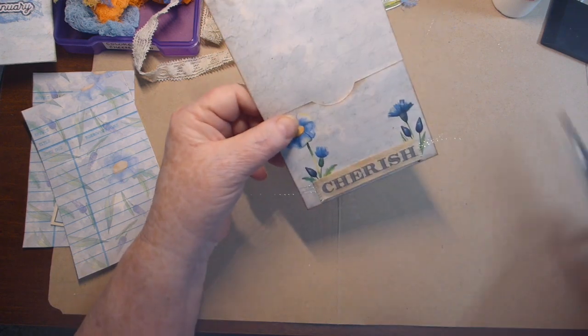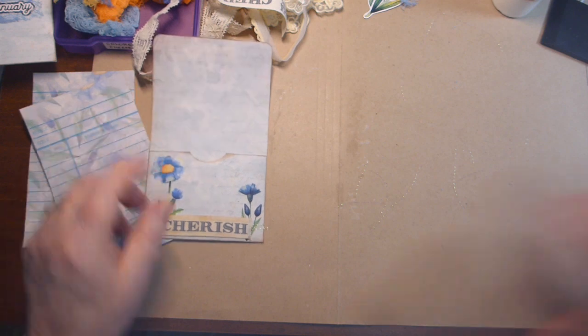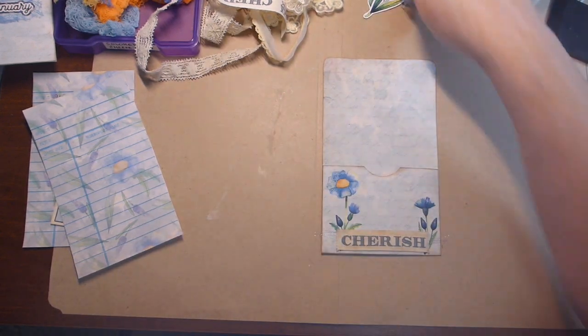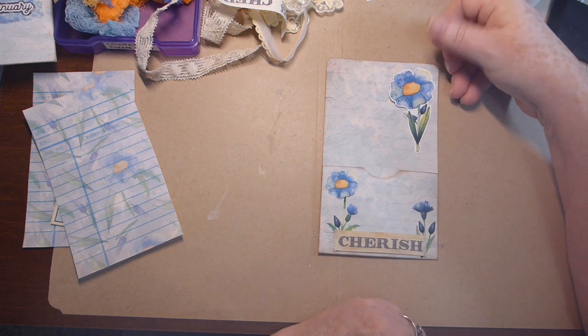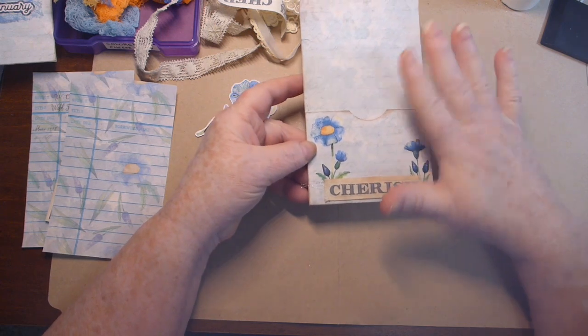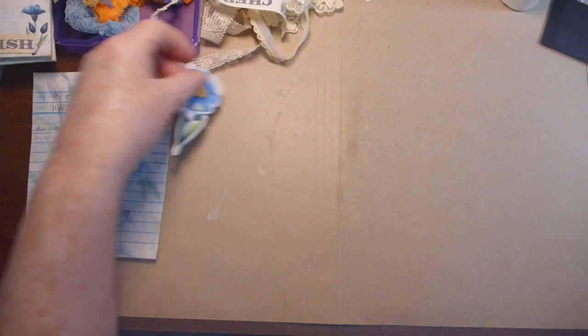Okay, and let's just trim off the edges a little bit. I'll probably save all those little pieces too. You never know what I'll use them for. So there is that, and I'm debating if I want to... no, I think I'll wait because those cards will be in there. So I'm going to say that that's almost done. So now let's bring in the page,